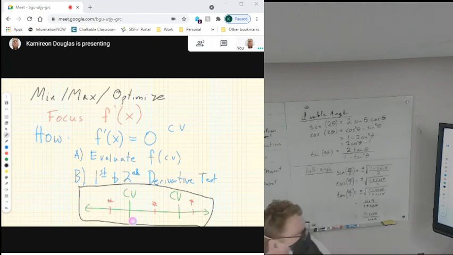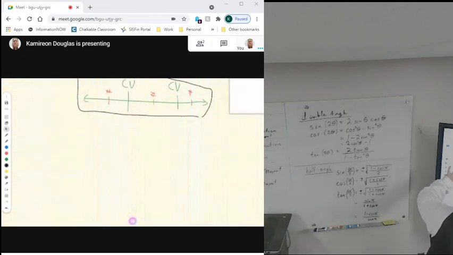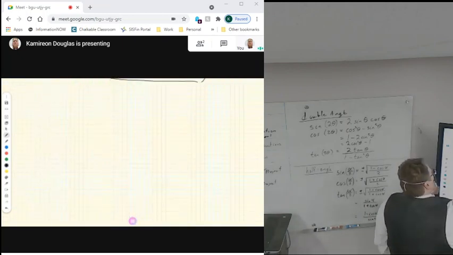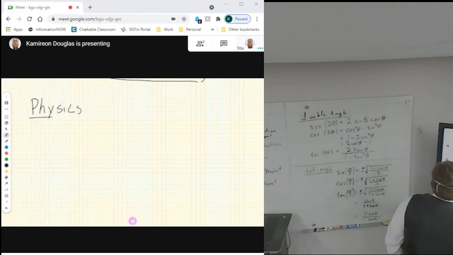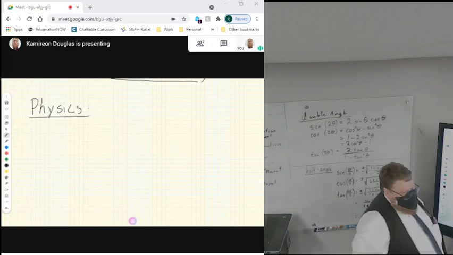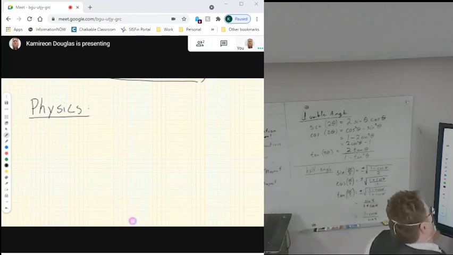Next. Physics. So, there are two big parts of the physics. The first one is one we've already seen already. The second one is an application that we touched on, but we'll touch on more this week. So the first application is, given a physics-specific problem, how to work it out, how to find the actual values itself. So in this case,